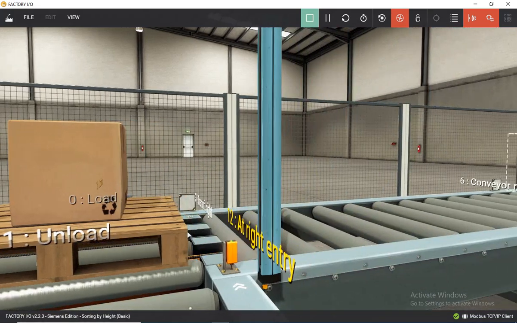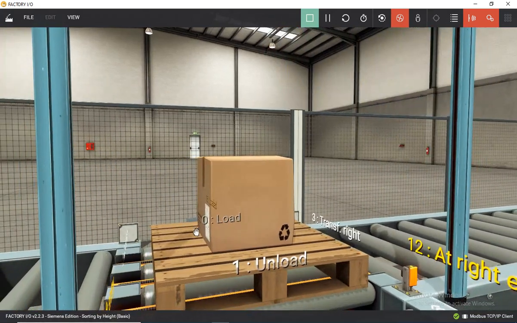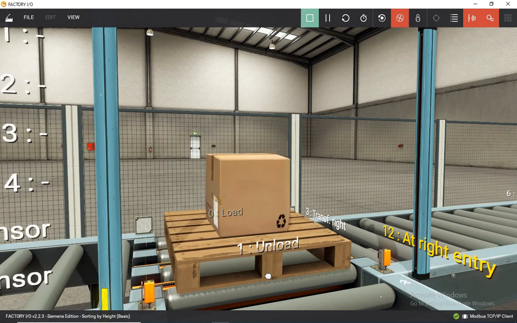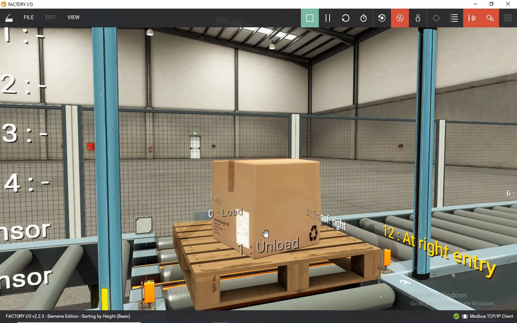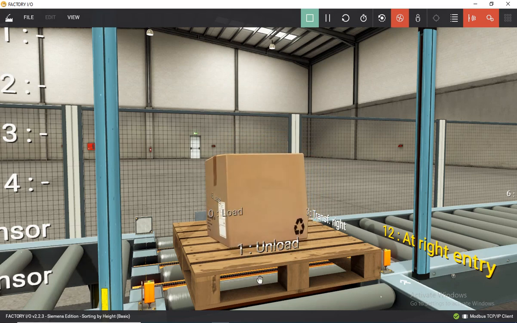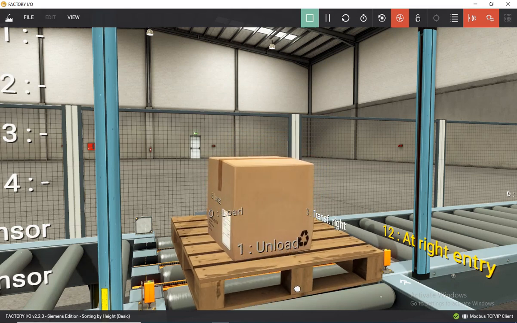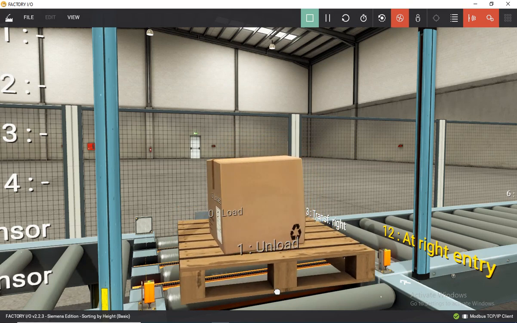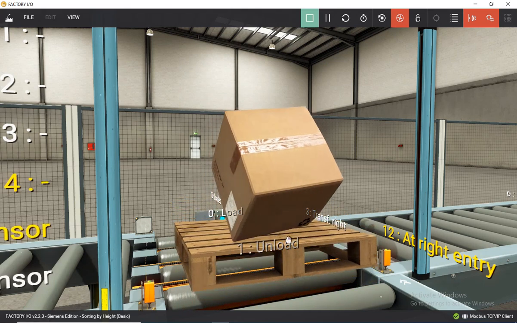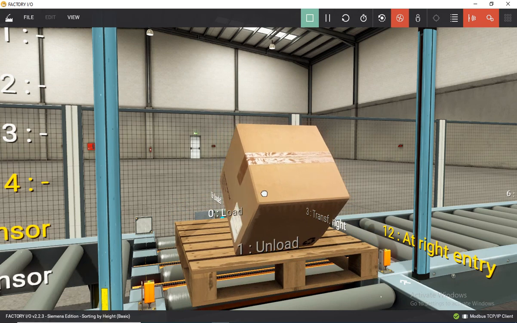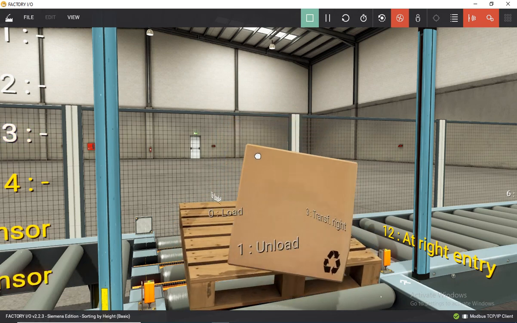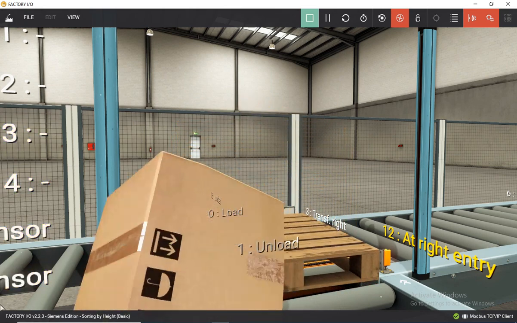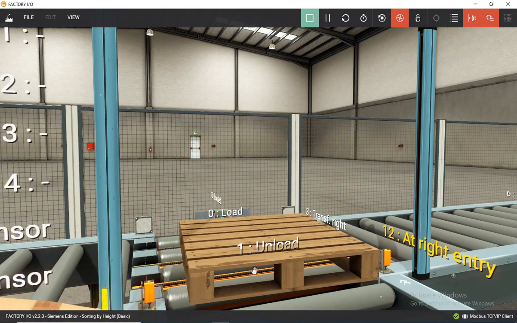Okay, go up a little bit. No, no, no, no. Yeah, the sensor is active. That's what I wanted. Okay, then this one can just go away. The sensor is active, and let's start the